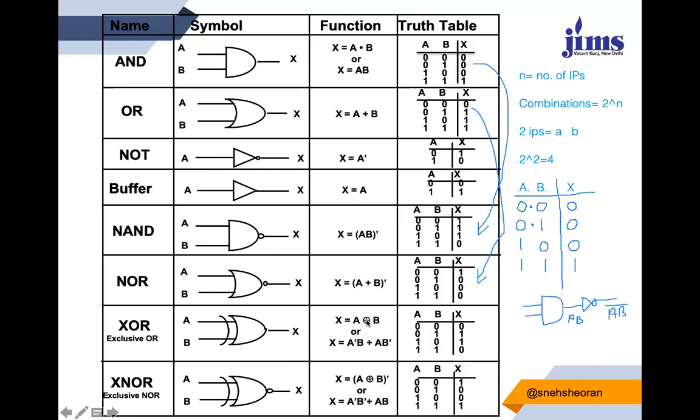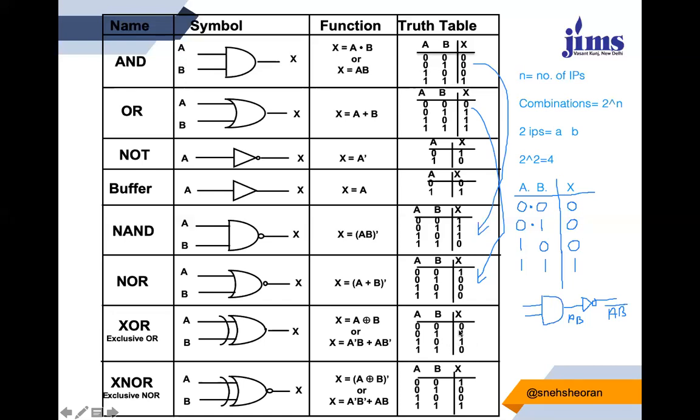This symbol is used for XOR, or when you expand it, it actually becomes A bar B plus A B bar. Okay, so this is your XOR. The XOR table says whenever the inputs are in different states, like A is 0 and B is 1, or A is 1 and B is 0, then you're going to get a